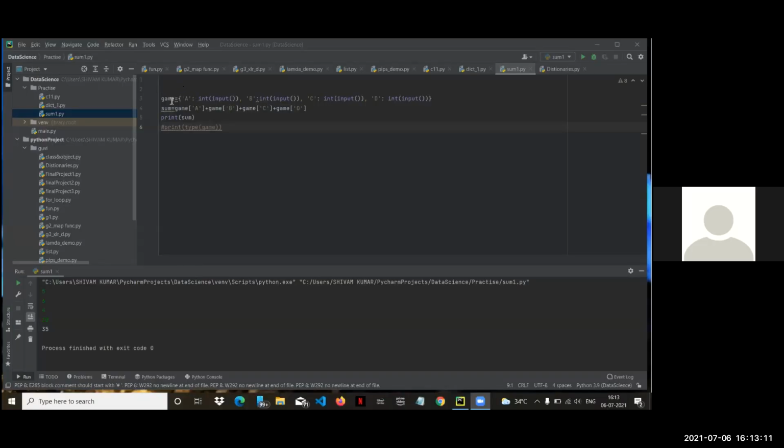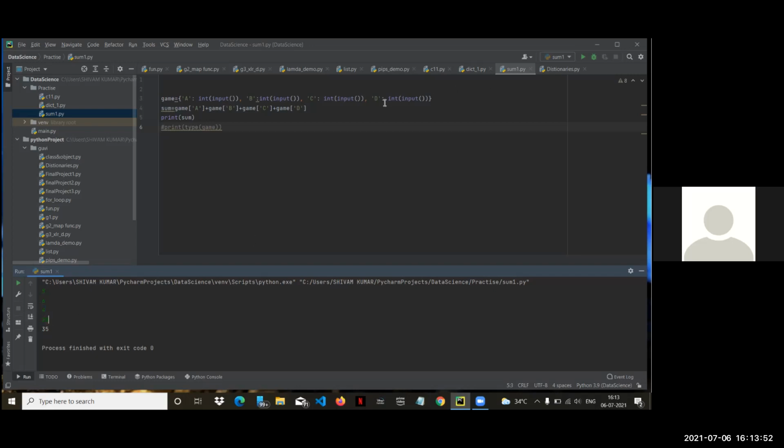Simply, I have taken your game dictionary. Is it audible and visible, sir? Yeah, it is perfectly fine. I have taken a dictionary named game, and in that dictionary the keys are A, B, C, and D, and the values I am taking from the user. Like I have given 5 for the first input, and 6 is the value of key B, and this is the third one.